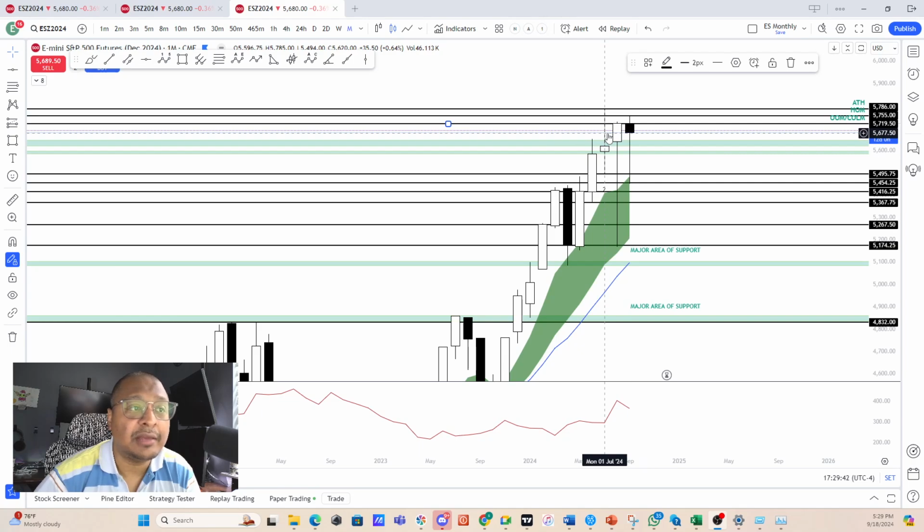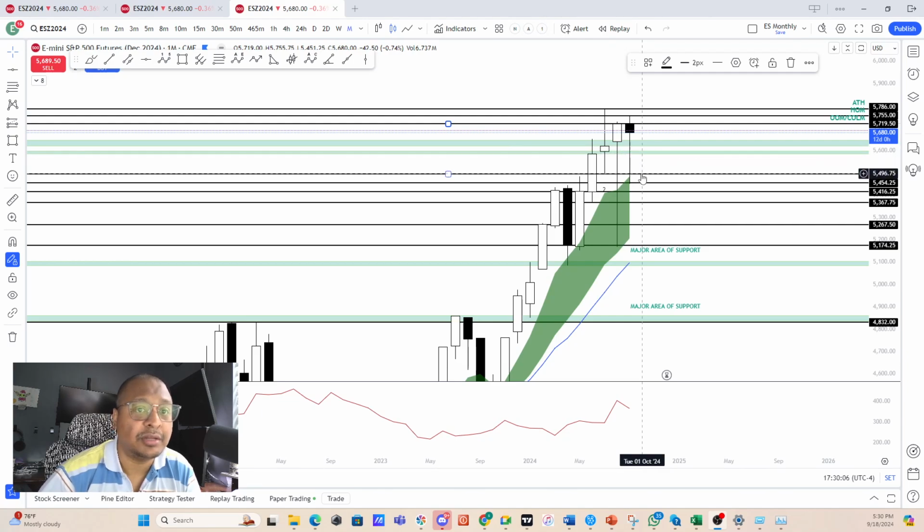Now, if we are unable to hold on to this 5577 area, which is very close to the low that we had yesterday as well as today, the price may come down to the 5649 to the 5615 area. We have this particular gap right here, and there may be bulls present in this area once again. If we are breaking that down, we can see the 5596 to the 5589 area, breaking down which the next